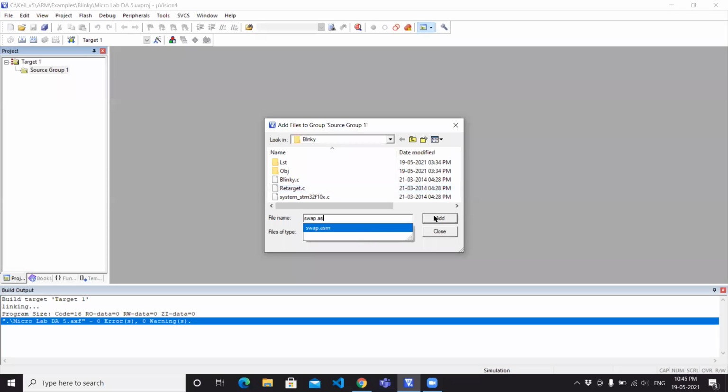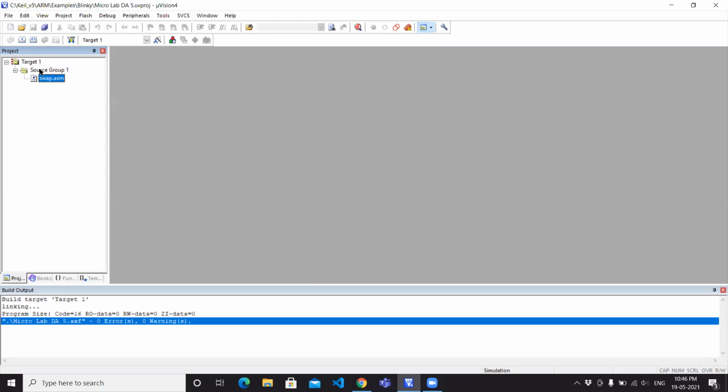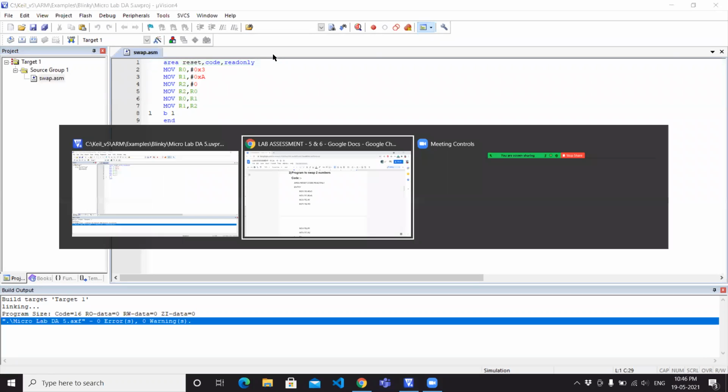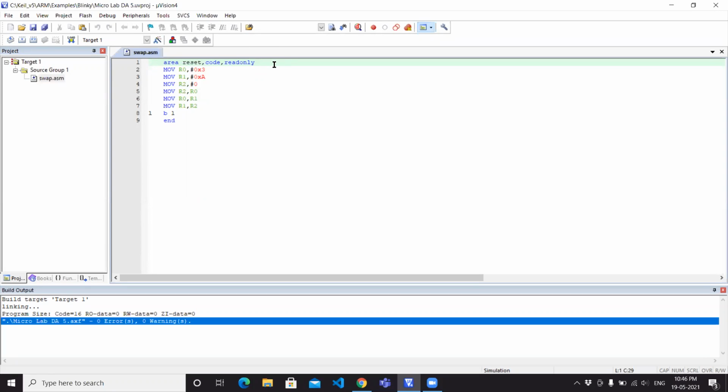So for this, we will do the same: right clicking on the source group, and then importing the swap.asm file, and then we will click on that file to see the code of the program, and Smith will explain the code part.